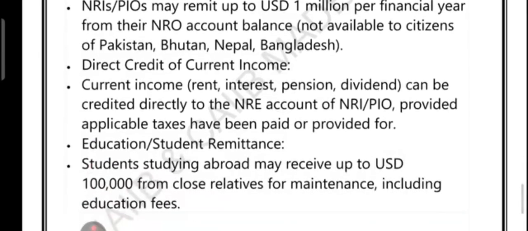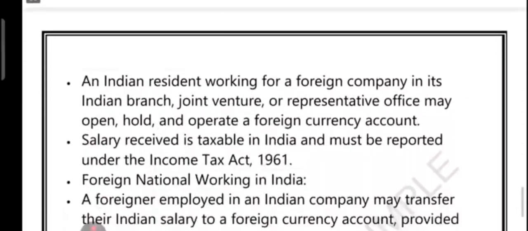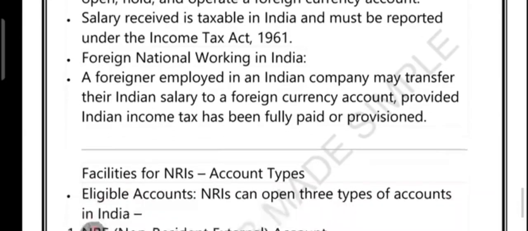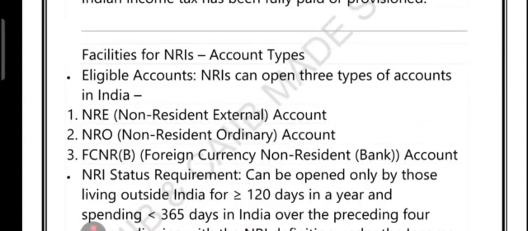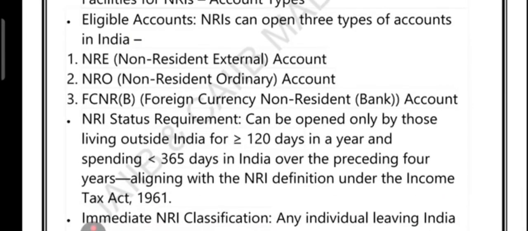What are the facilities available for NRI? So you can see, NRI can have three main types of account in India. First is the NRE account for sending money to India. So NRE account is for sending money to India, as you can see, in Indian rupees. NRO account is for maintaining income earned in India like rent and dividend, and FCNR(B) account is for fixed deposit